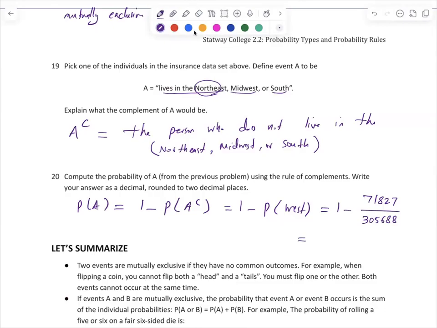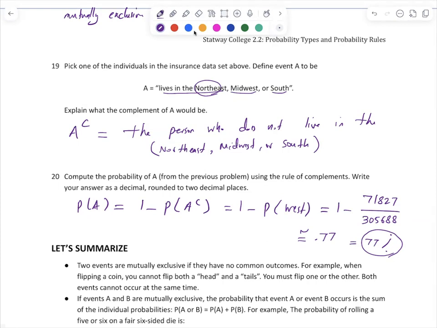Let's find this probability using our calculator. Just give me a moment. Let me enter this into my calculator. This is about 0.77 or 77%. So the probability of A, that the person lives in the Northeast or Midwest or South, is 1